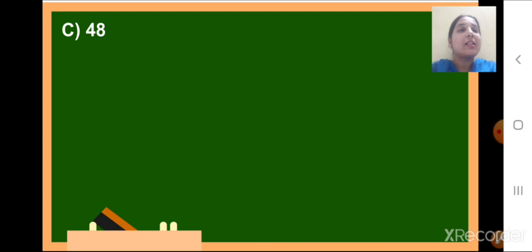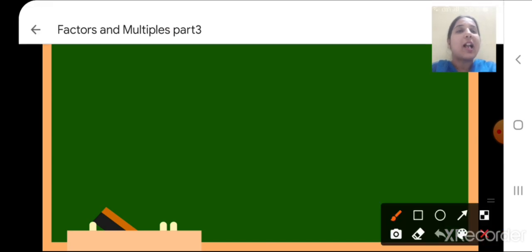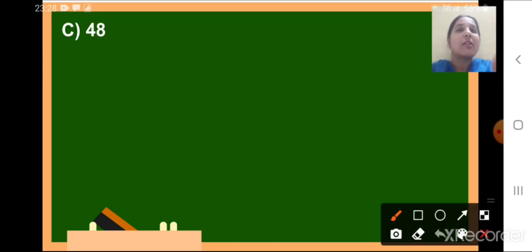Okay. Now let's move further with number C. So number C is, now we have to find the factors of number 48. Now children, we will again start with number 1 because 1 is the factor of every number. Now let's see whether it will be divisible by 2 or not. So for that you have to just look at the digit which is at the ones place. So at one place here we have 8, which is an even number. So it means that this number will be divisible by 2. Okay. So let's divide here and see 48.